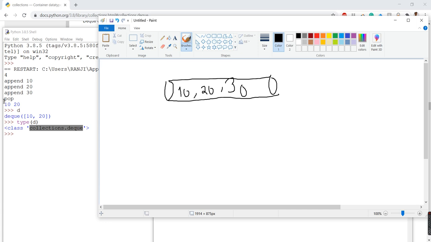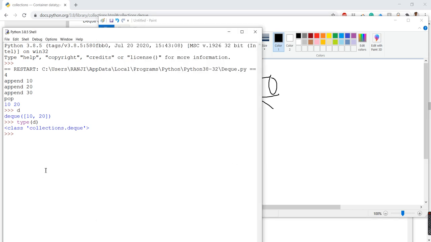Then we called just pop. Pop by default works the way it works in a stack, so it will just remove the element at the extreme right. If we want to remove an element from the extreme left, then we have pop left, or if we want to put an element on the left hand side, we have append left. We'll do that activity also.